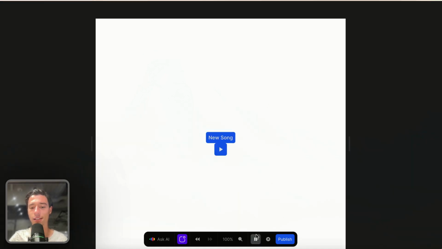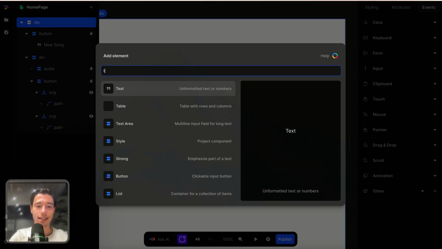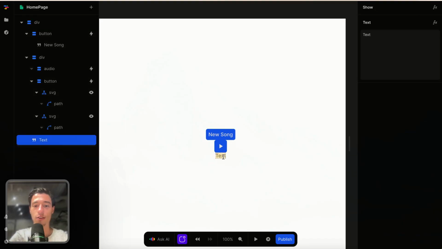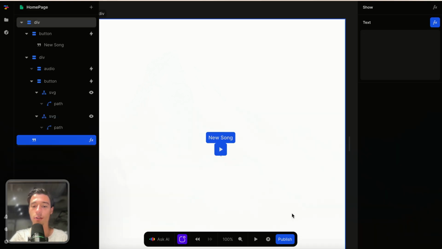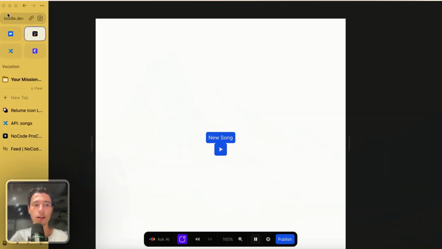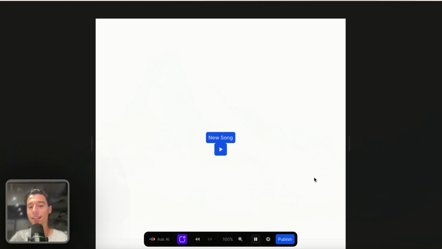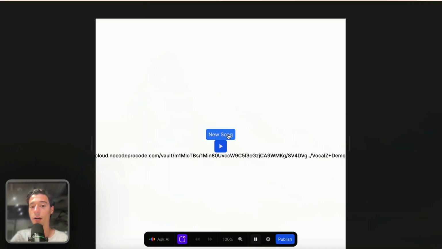And let's look at that actually together. Let's create a text in here so we can more easily understand what's actually happening on the back end. And we'll show the song URL in here. Now, when I reload the page, as we can see, we get a song URL, right? And now if I play and I click on new song,